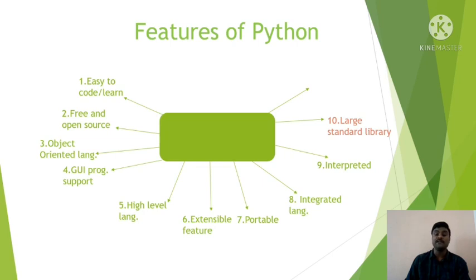The last point is dynamically typed language. Python is also known as a dynamically typed language. If you have done coding before, you would have seen in C or C++ that you have to first define a variable, that it is an integer or a string or a float etc. If you denote a variable, suppose x is equal to 1, you have to first define that x is an integer.